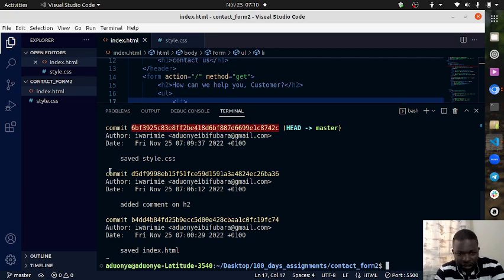You see the second commit. Author, date, added comment on H2 tag. We are aware. This is the third commit, the hash value. The author, the date. It says saved